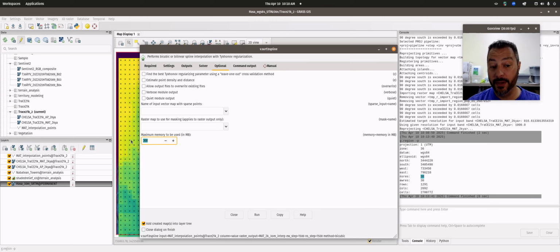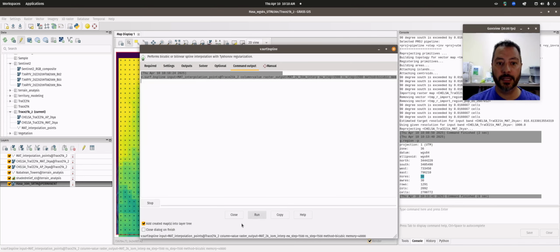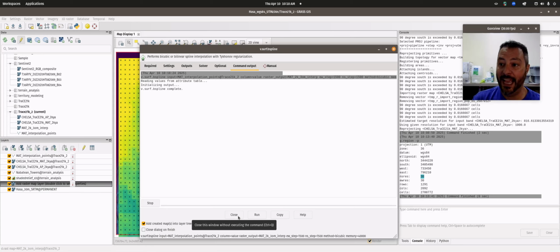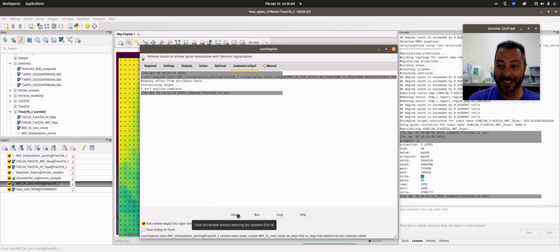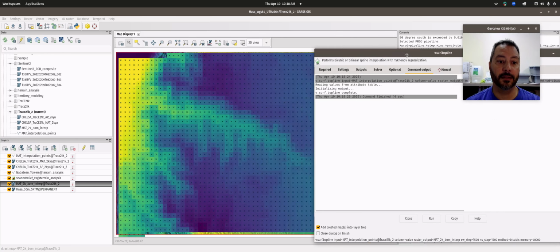But here I would definitely recommend giving it as much RAM as you can stand. Again, I'm on my fancy computer here, so I'm going to give it tons and tons of RAM. You might only have 4,000 or something like that, but give it whatever your system can give, because interpolation can definitely take a long time. So I'm going to hit run, and this might be a time where you have to go off and have a coffee and come back a good while later. But in our particular case,